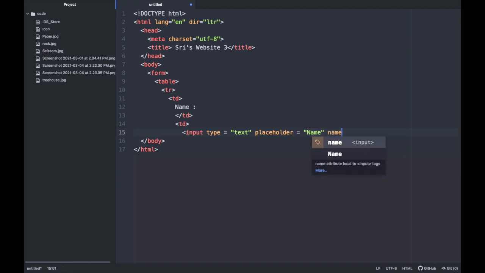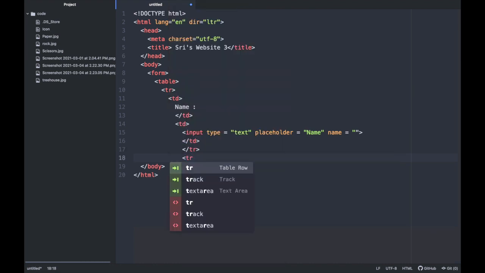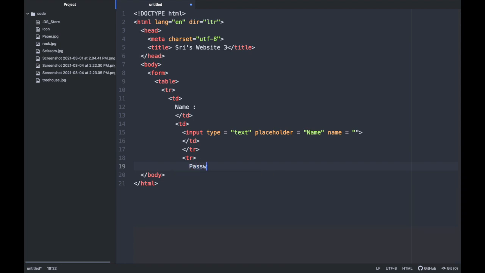And then next, you want to give your name equals, make sure you have your spaces for the equal sign, name equals double quotes, and close it. Now you can enter down, and then close your TD, and close your TR. Bam. Now you can open another TR, and type in password, and the colon, enter,